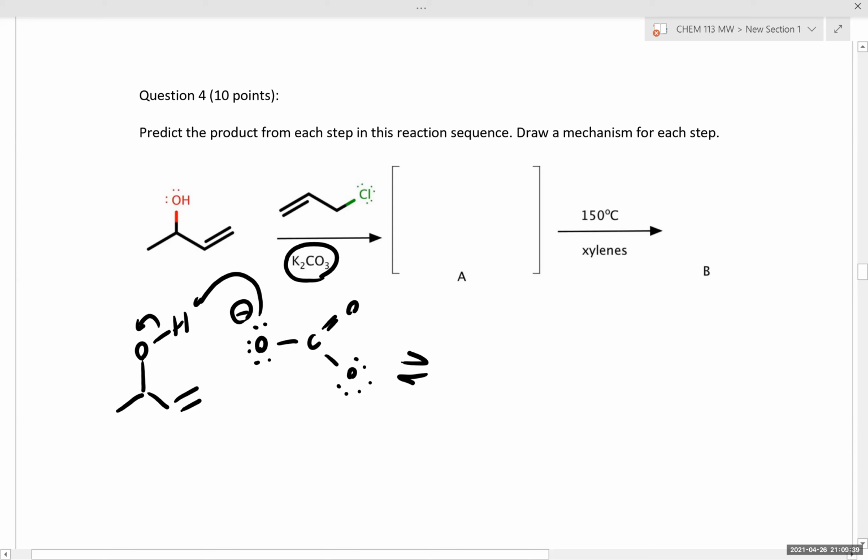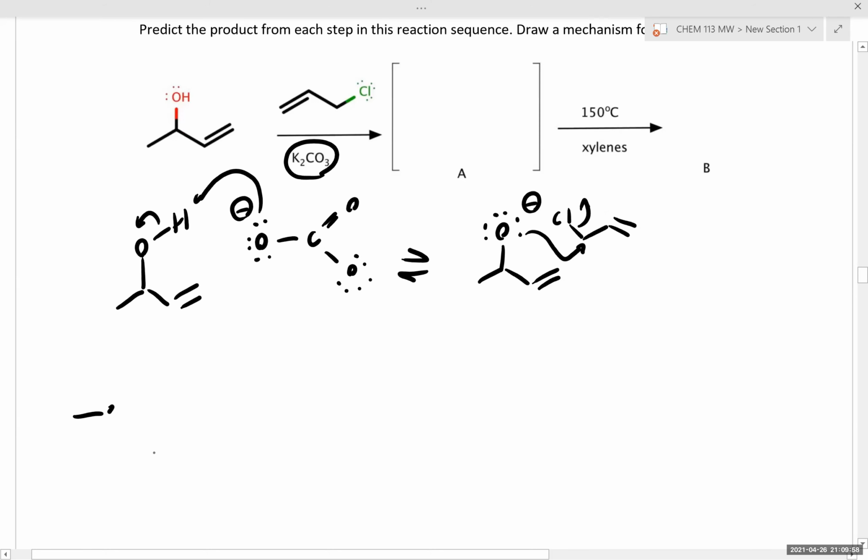I'll draw this with equilibrium arrows just to show we get just a little bit of the alkoxide ion present in solution. From here, we now have an alkyl halide. In this case, it's an allyl halide that can react via an SN2 reaction. And from here, we get this corresponding allyl alcohol. This is A. After heating, again, looking at our numbering,